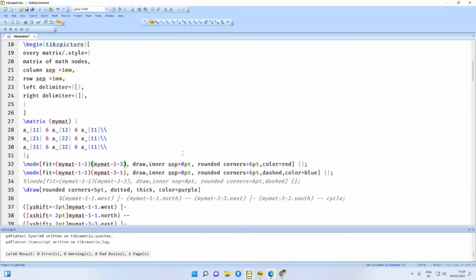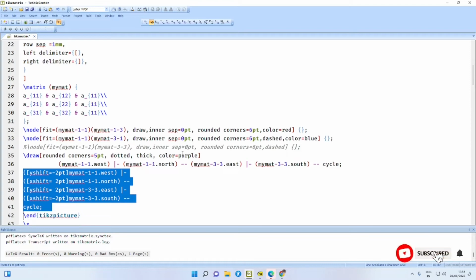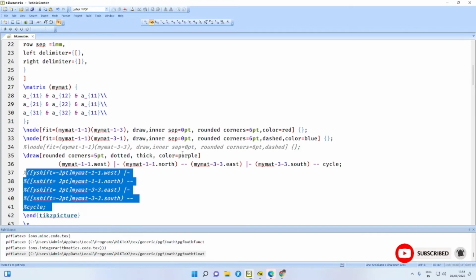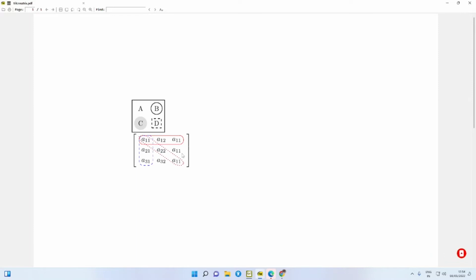Similarly, this will be a node enclosing the row. Similarly, I define another node connecting 1 element and 3 element. This will be a column node. And for a special purpose, I define a command like this, draw this, and here, let me compile and show you the result. You find here